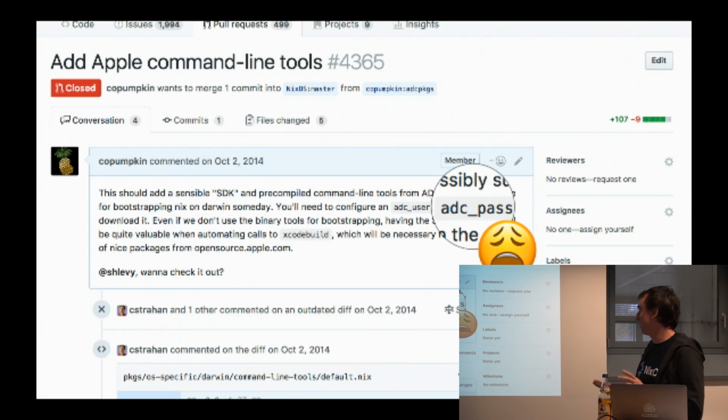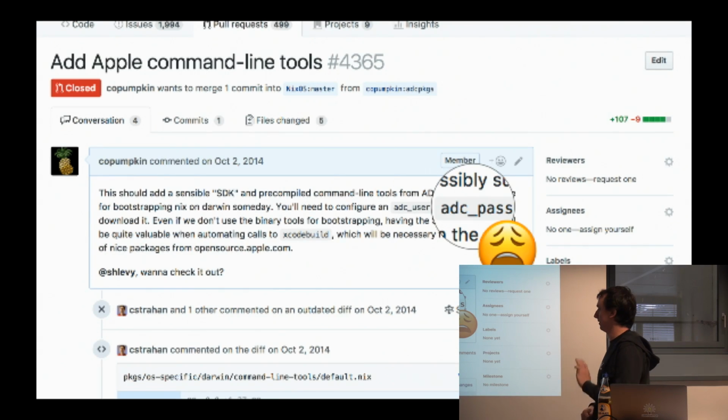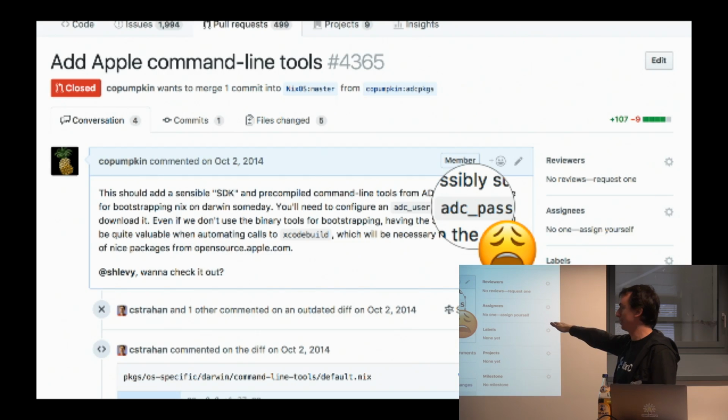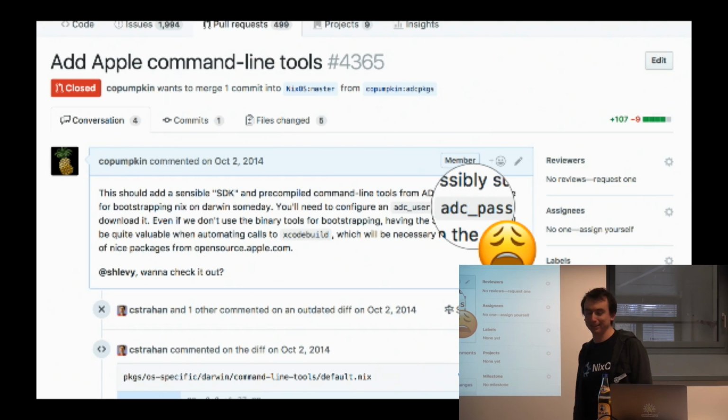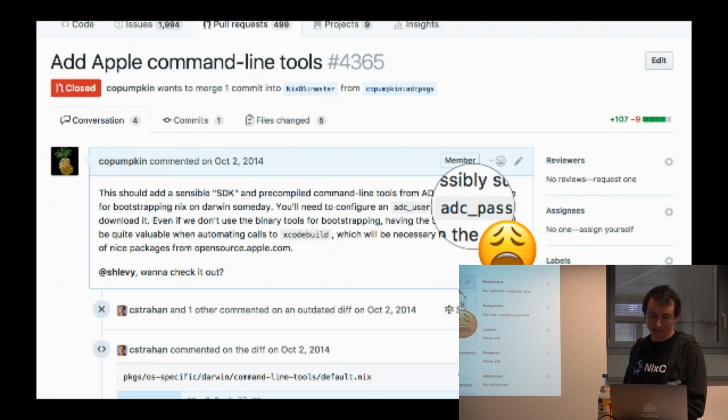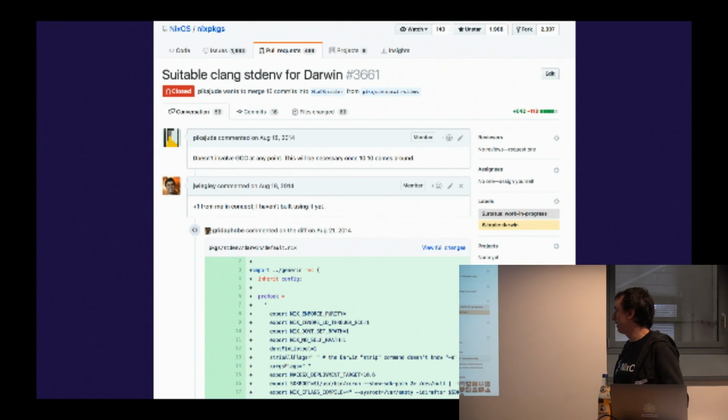We had a special downloader for it called fetch-adc. It was horrible. But basically, you needed to put in your config.nix, to use this stuff at all, a username and password from an Apple account. So that wasn't great. And at the same time, Jude Taylor, who I mentioned earlier, was working on getting Clang to work as a proper stdenv in Darwin, because one other thing that I didn't mention earlier is Apple's a big